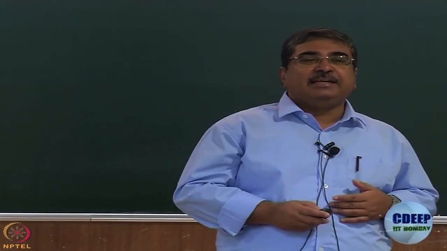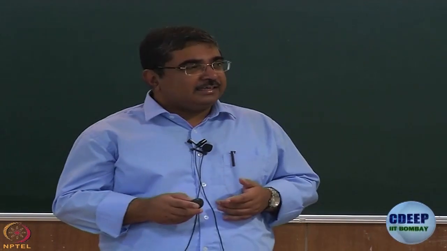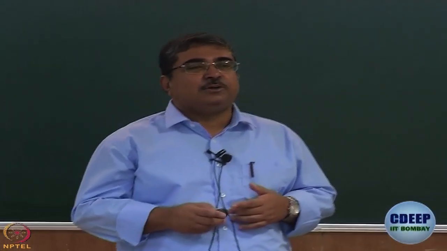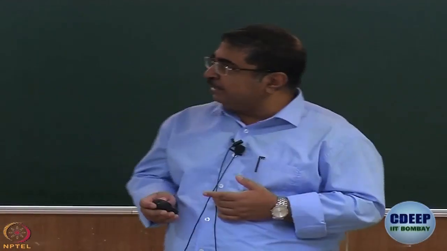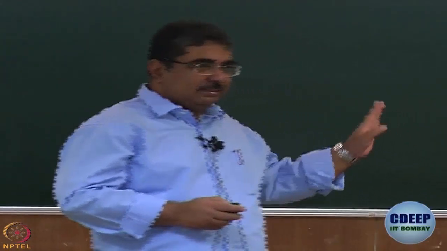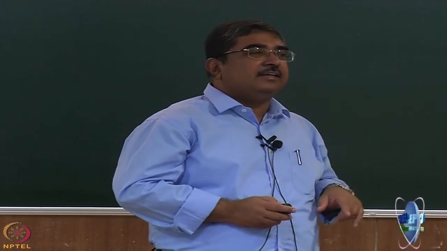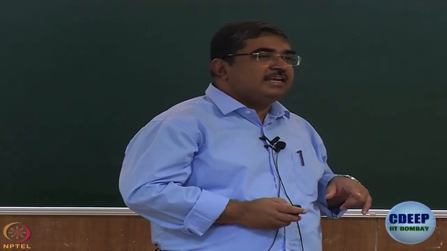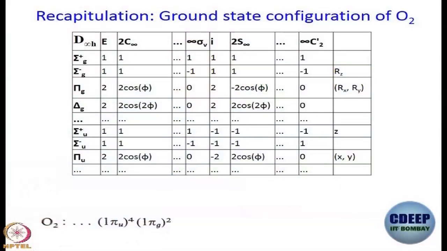We will try to assign the bands of benzene to the best of our abilities, and while we do that, we will learn something else that is called vibronic coupling, right. So, we start with the electronic states and transitions of benzene. All the figures that you see, except the ones that I have drawn, are from Harrison Bertolucci's book. This discussion has been done very nicely in Harrison Bertolucci's book. You can follow it for this part, right.